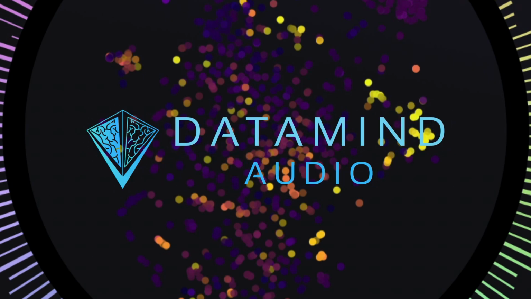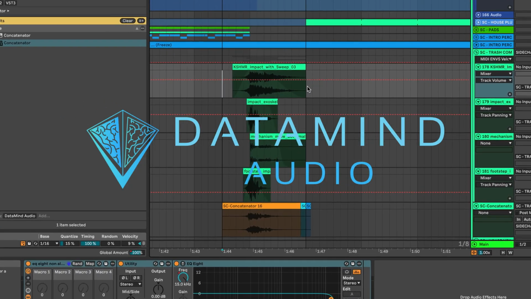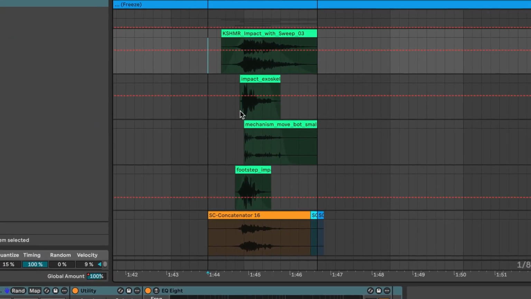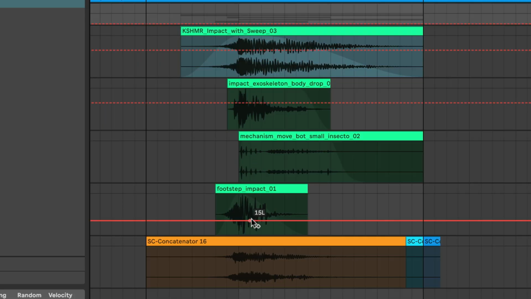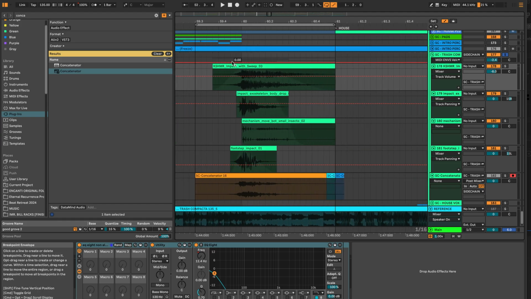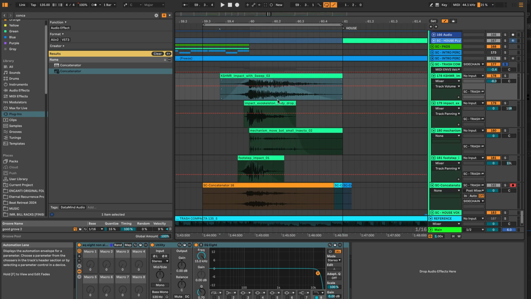I'm going to show you this trick with Concatenator. This is how you can make infinite variations of a cinematic cue. These 4 layers right here. I want some variations on this exact timing with the debris and everything, except I don't want to go replace